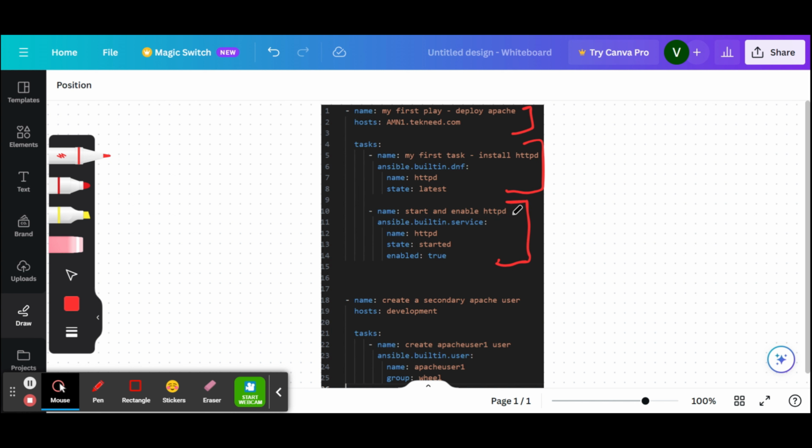What the task will do, of course, is to make sure that, so this is the name of the task, which is start and enable HTTPD. So the task will make sure that the HTTPD service is started and enabled by using this module, which is the ansible.builtin.service module. So these two tasks are going to be executed on this play, and the play has the host name of